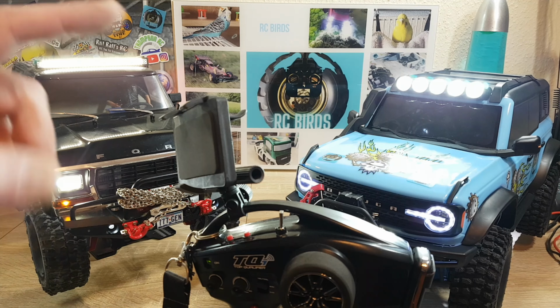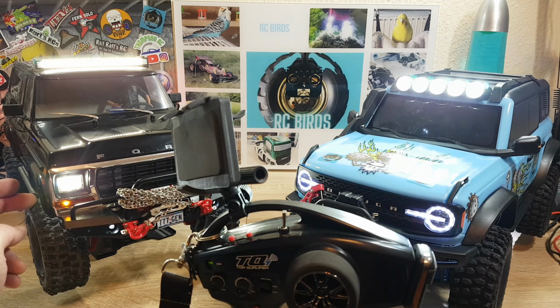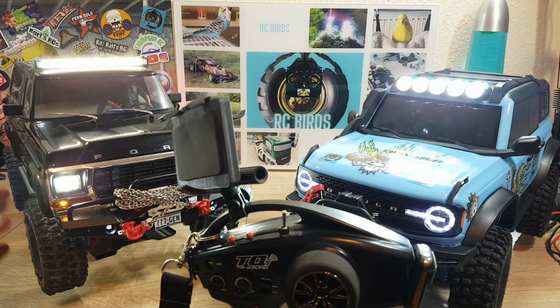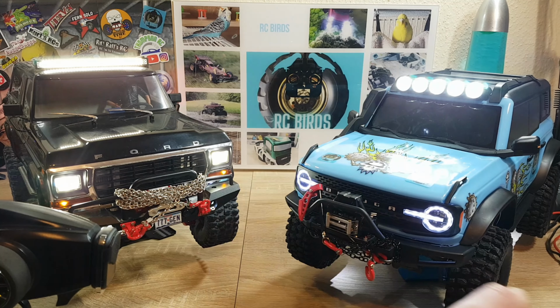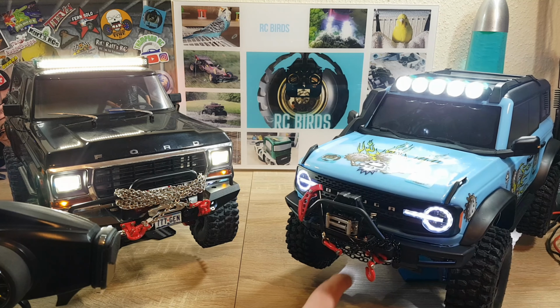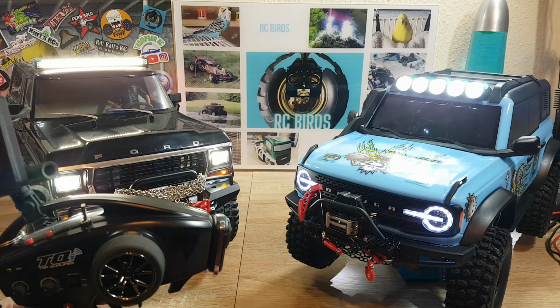The big difference between these two cars are the differentials, which can be locked. And to be honest, even if I put the tracks on this car, I have to lock the differentials. And besides trailing, I don't unlock these differentials. So for this, I can live with locked differentials, although here aren't any differentials in. They are just gears. But for crawling, this will be enough. And oh, I forgot, both cars have a low and a high gear. And for sure, both of my cars